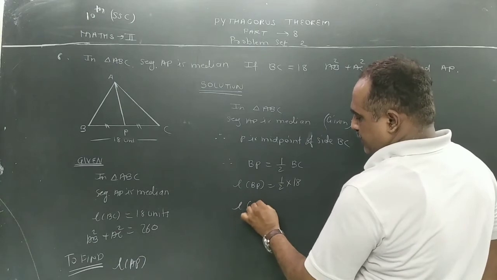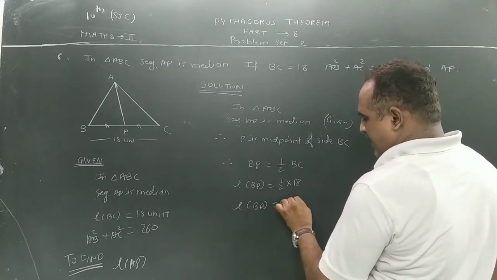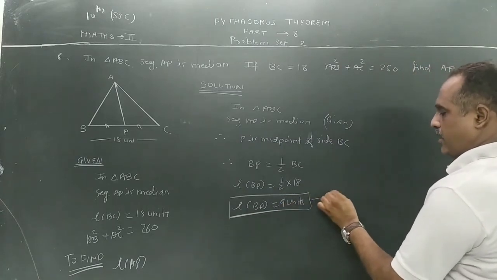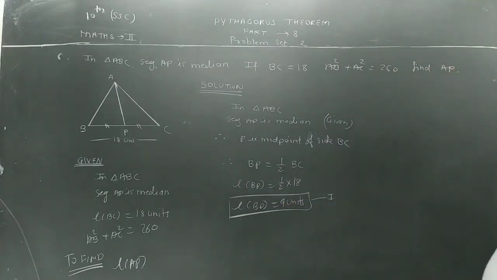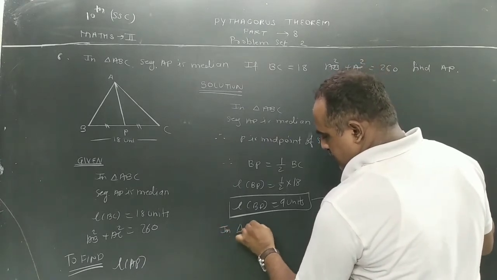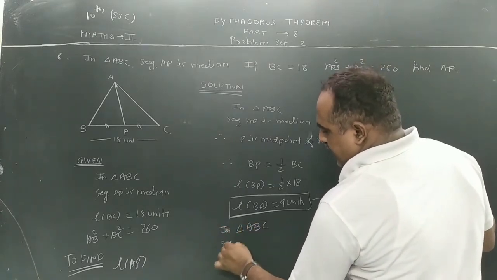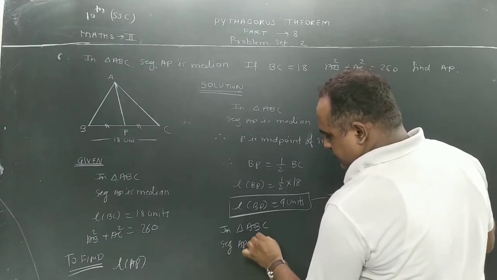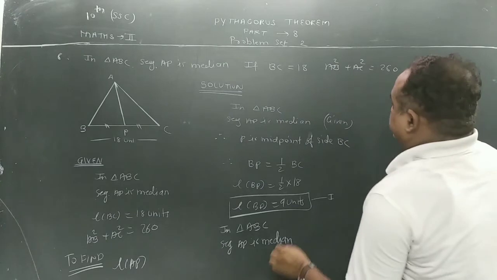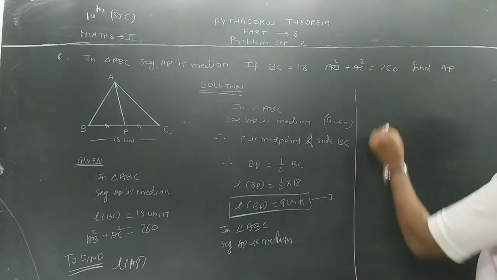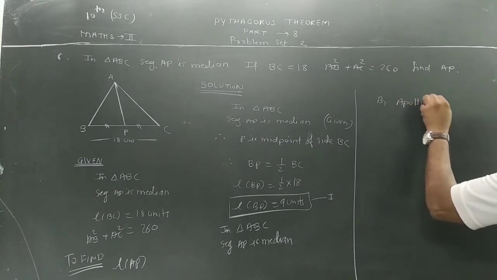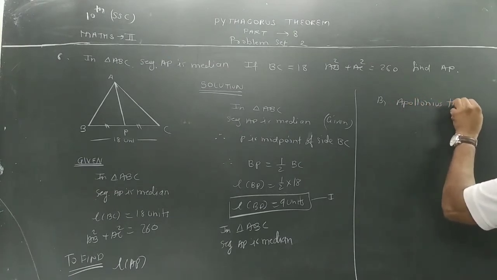So length BP is equal to 9 units. This I can put as equation 1. Now again, in triangle ABC, segment AP is median. Therefore, by Apollonius theorem,